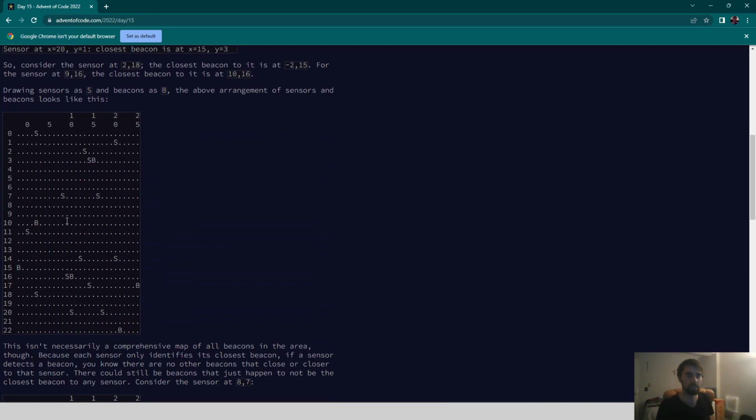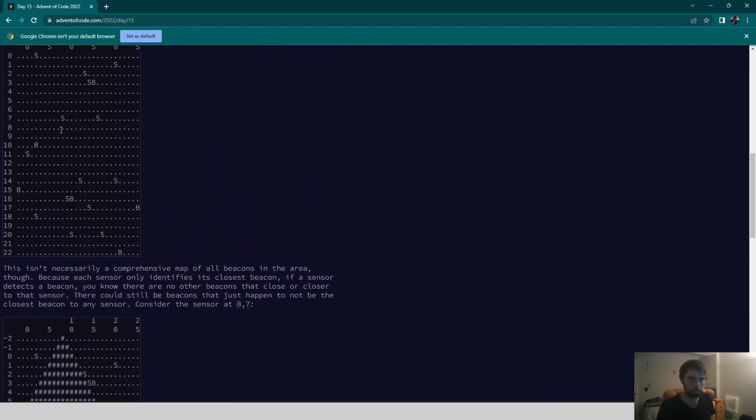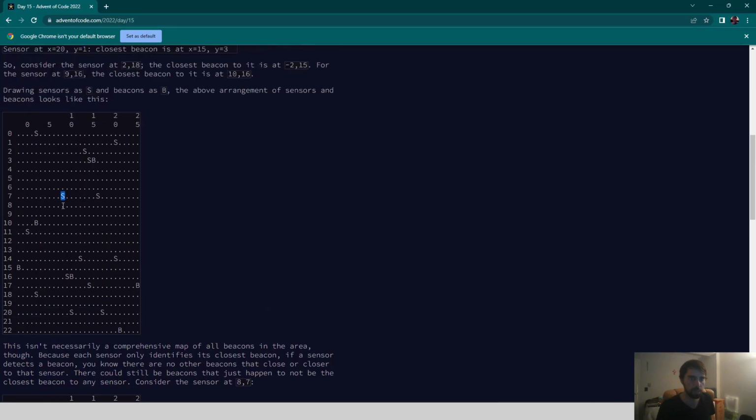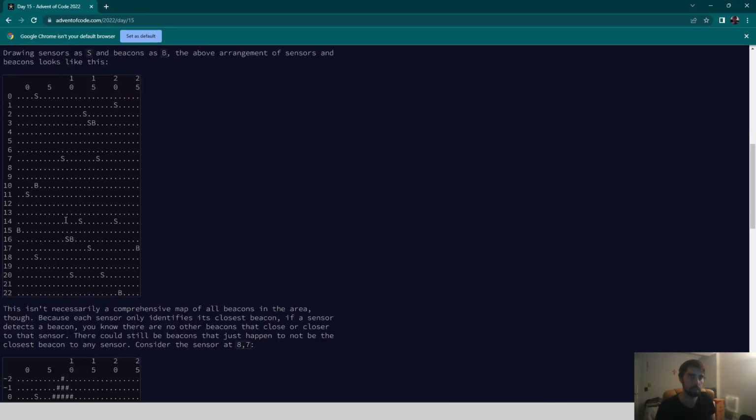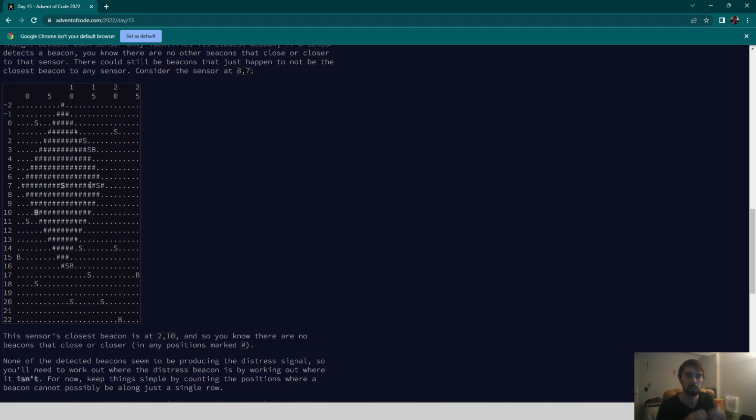How do we exclude locations? Well, let's consider this sensor. So I think we're dealing with this sensor. We know that the sensor's closest beacon is here. And that means that the distress signal beacon that we're trying to find cannot be closer to this sensor than this beacon. That means we can exclude all of these locations from containing the distress signal. And we can do that with all of these sensors, and we can potentially exclude a very large number of